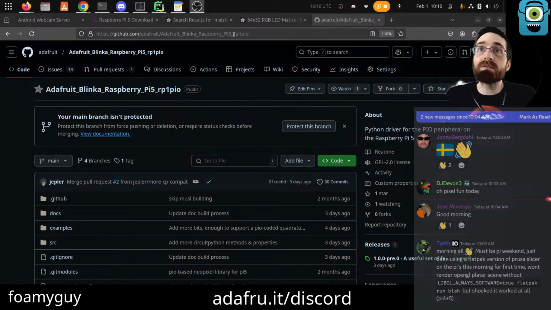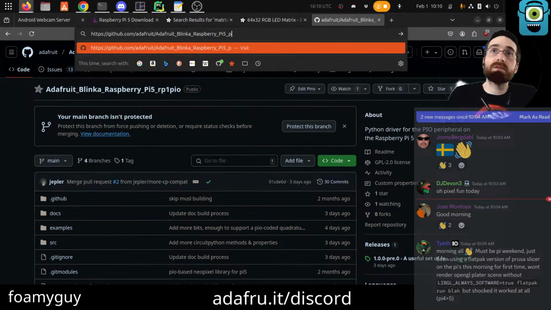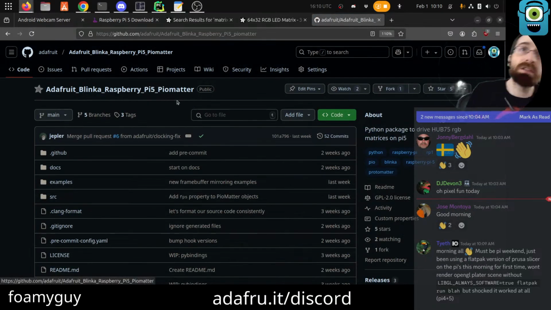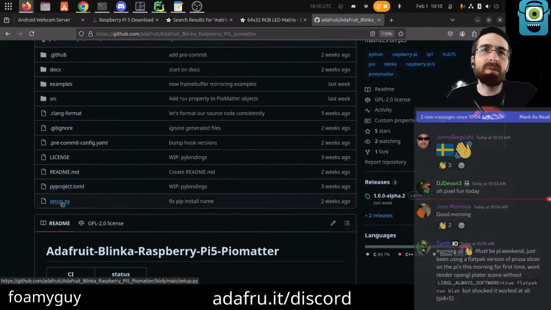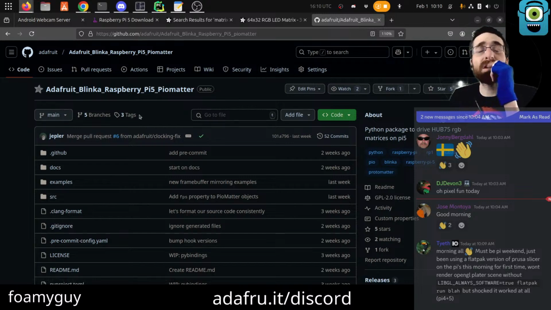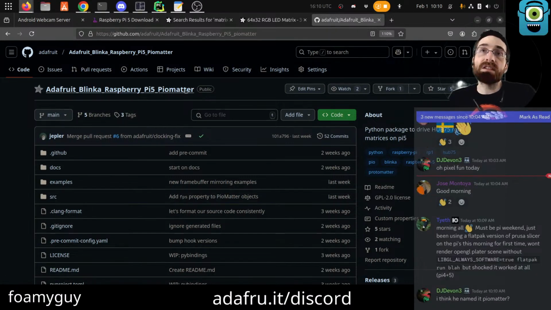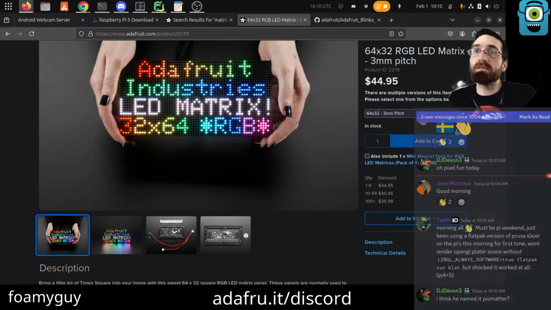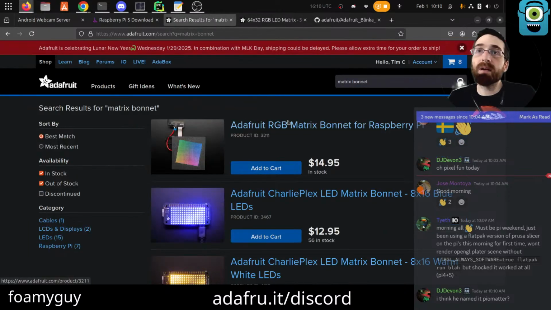Nope, actually, my bad. This is wrong. Is it? No, RP5. I think this might not be the right one, actually. Let me pull up. I think this one is used maybe under the hood, but we actually want Pi 5 PIO Matter. Yeah, I didn't pay close enough attention when I opened the link here. This is the one we want, although I think maybe it uses the other one. I need to go back and document all the requirements as well. But like I was saying, thanks to Jeff, this library, PIO Matter, is what's making it possible to interface from a Raspberry Pi 5 to these panels using that bonnet that we had right here.